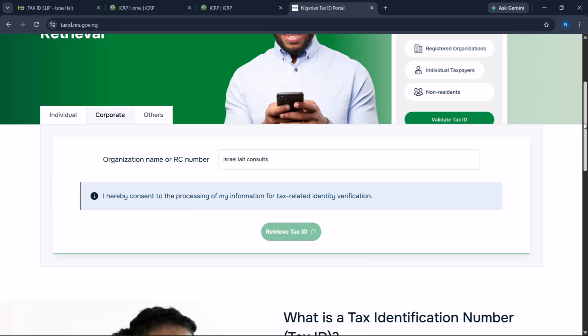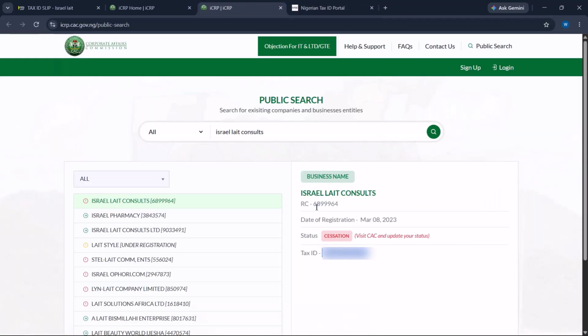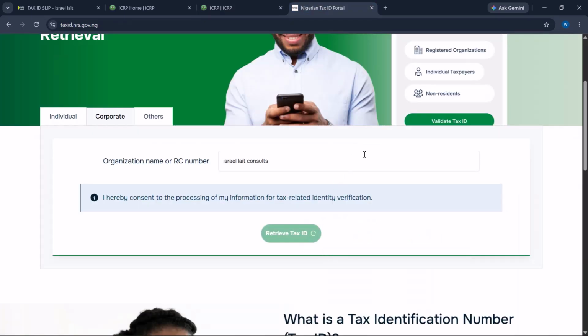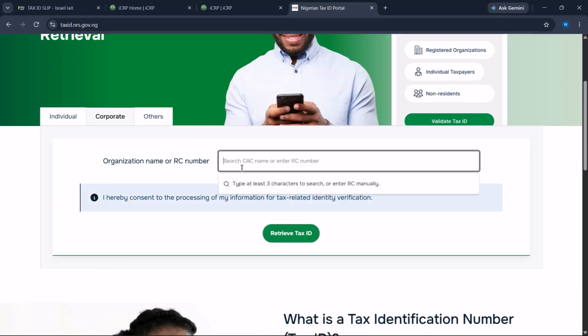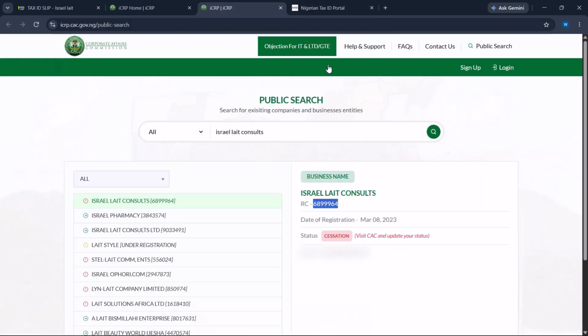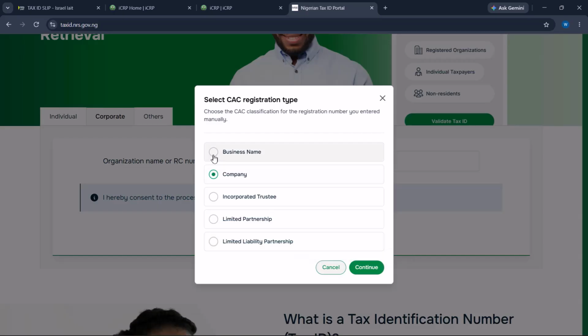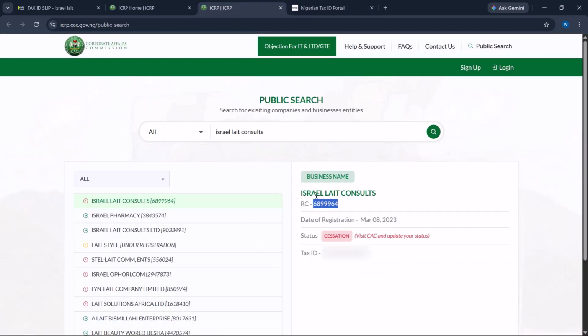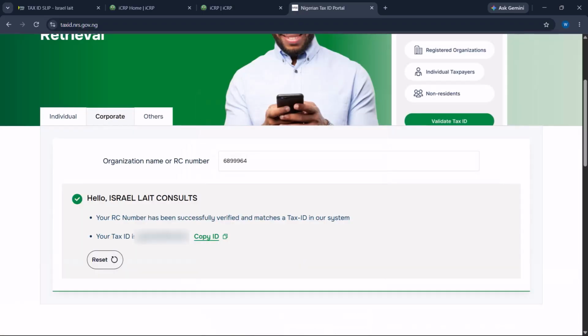Let's wait while that is loading. And if it's not working, you can just come here, use the RC number directly, and that should be perfect. As you can see, this is still loading. Let's just reset and use the RC number. This is where you get it. Once you search it, you get your RC number. Click on retrieve. It's a business name. I'll click on continue, and then you can see this is my tax ID number, the same thing as